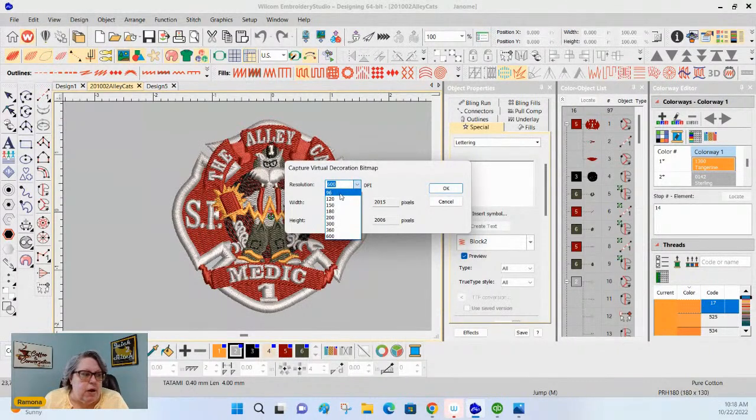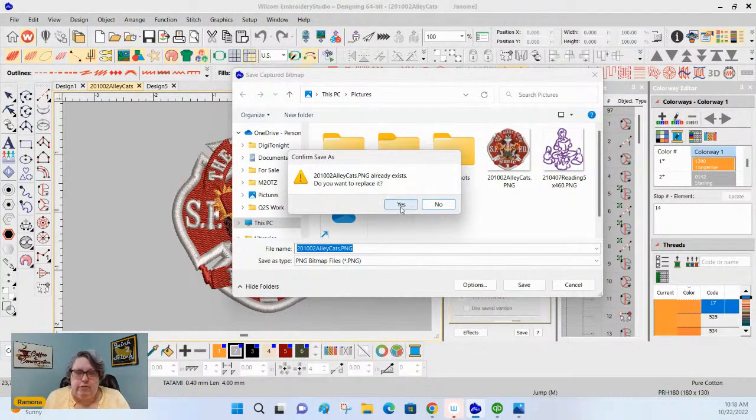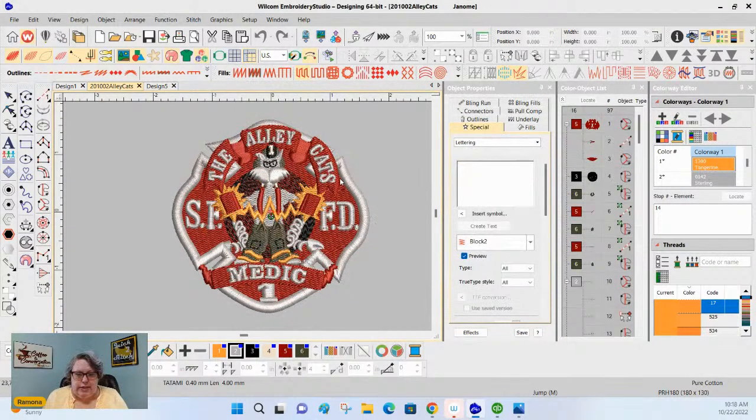Can be really small, maybe you only want a thumbnail, or large. Hit OK. Tell it where to save. Of course, I've already done this, so it's asking me to do it again. And of course, you can select what file format you want to save it in. And then, when you open it up to look at it,